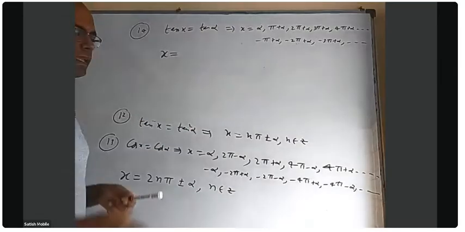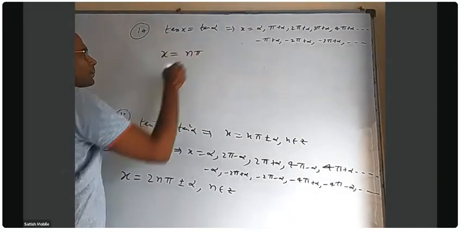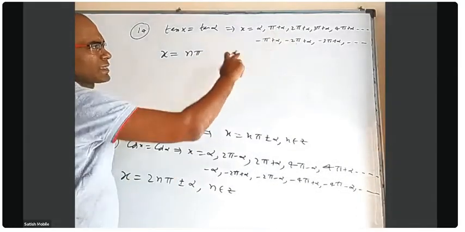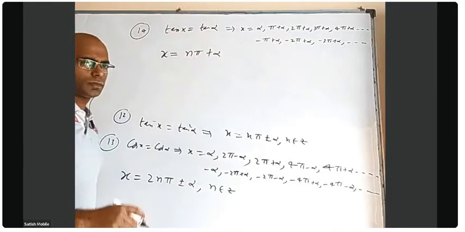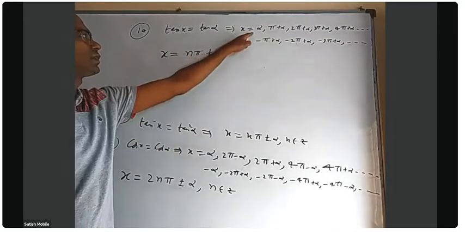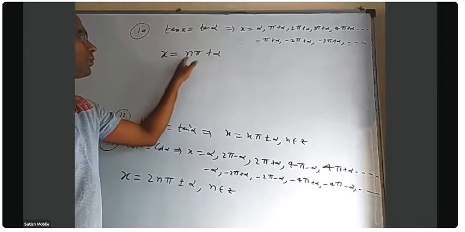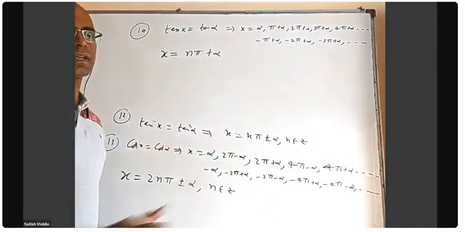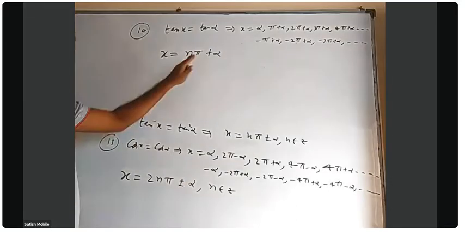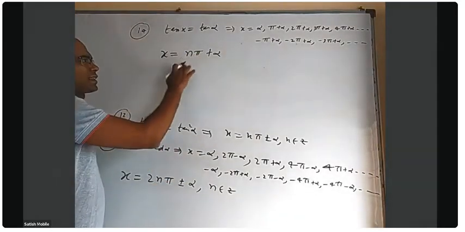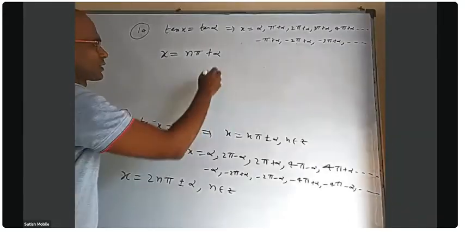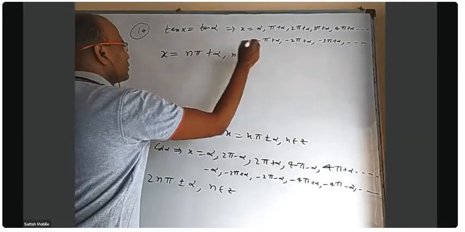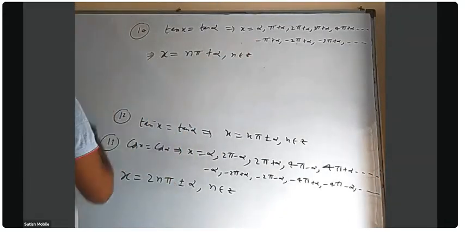Okay, so n pi, everywhere plus alpha only. N pi plus alpha. This can be 0 plus alpha, this can be pi plus alpha, 2 pi, minus pi. Basically, all these are integer multiples of pi plus alpha. You can easily remember this because first and third and again first, again third, everything is covered. Okay, so this is a general solution.